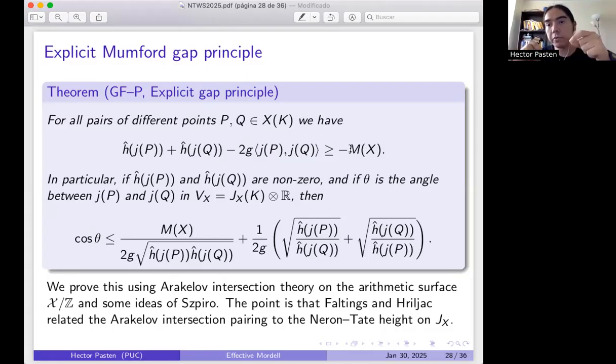So you take your curve, you look at the rational points, map them to the Jacobian, and these points will repel each other. This is what's encoded in this ugly inequality. So this is happening inside the Jacobian. You map the rational points with J to the Jacobian, and then you get this expression. By the way, these brackets mean the inner product in the Mordell-Weil space using the quadratic form coming from the height, the Néron-Tate height. And you can divide here by the height and get this expression. Now the inner product, as you know, has encoded into it the cosine of the angle.